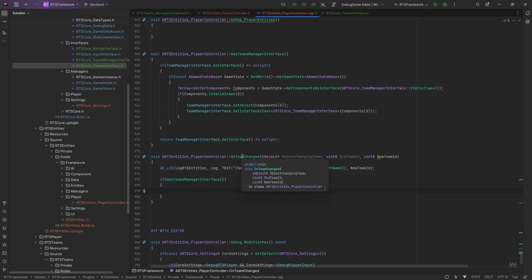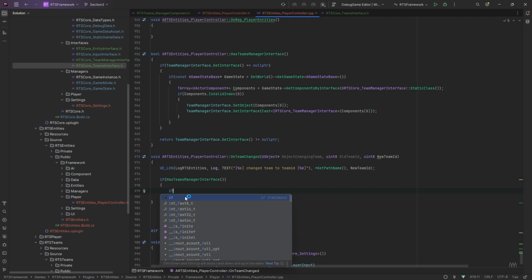So the first thing I want to do for the player, just as a demo, is change the color of our box select. Now, I know most people probably wouldn't want to do that. You don't want your box select to be all these different team colors, but it's just a good demo, I think, and it's the only thing I've got implemented in the game at the moment that I can show. So we check that we have a box select,